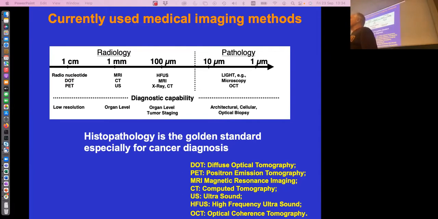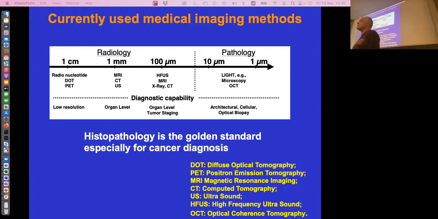Yes, very good. It has a resolution of about, well, I put it here at the centimeter, but it's sub-centimeters, several millimeters resolution. Then we go to magnetic resonance imaging, computed tomography and ultrasound. You're at a resolution of about a millimeter. And then you have high frequency ultrasound, high-resolution magnetic resonance imaging, and the modern X-ray CT systems, and you can reach a resolution of about 100 micron, a tenth of a millimeter. And what can you see? Well, you can get a full body image. You can see something on the organ level, and if you look at 100 micron, you can say something about